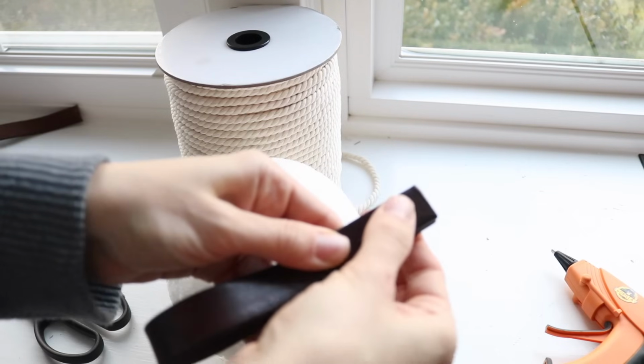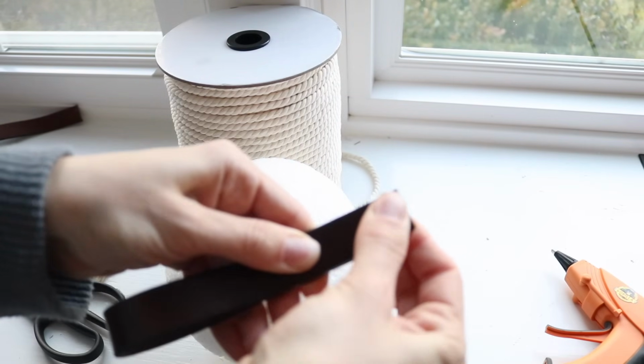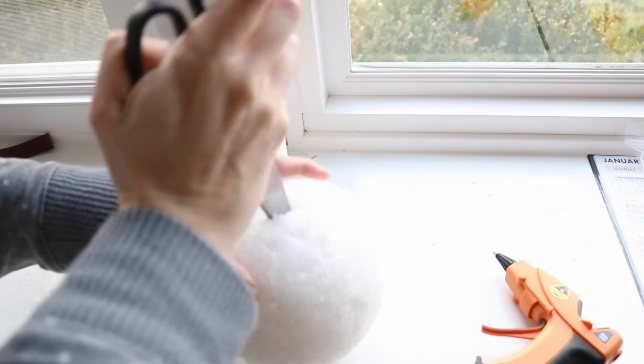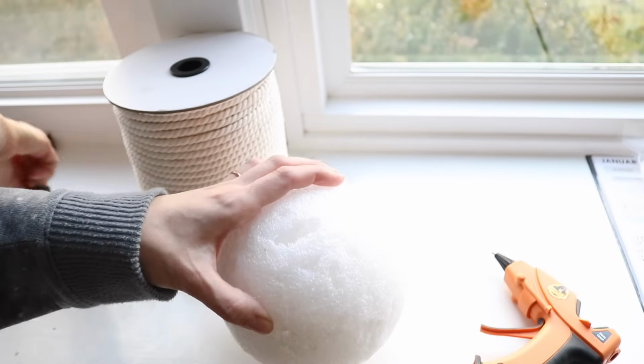And now that our leather handle was essentially built, it was just time to make a space for it at the top of the ball. Now, because this is styrofoam, I was able to just take some scissors and poke it right through. If you have something that is a little less forgiving, it might be a little bit more challenging, but